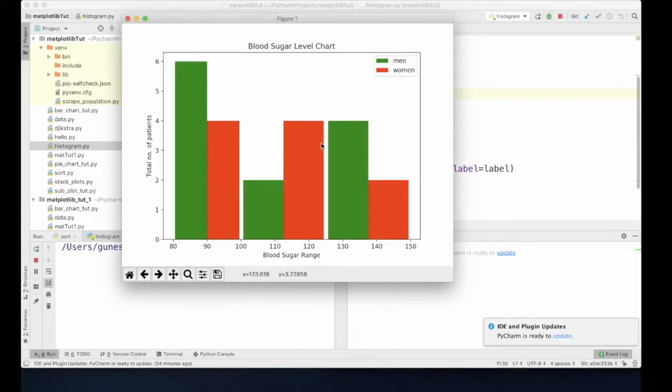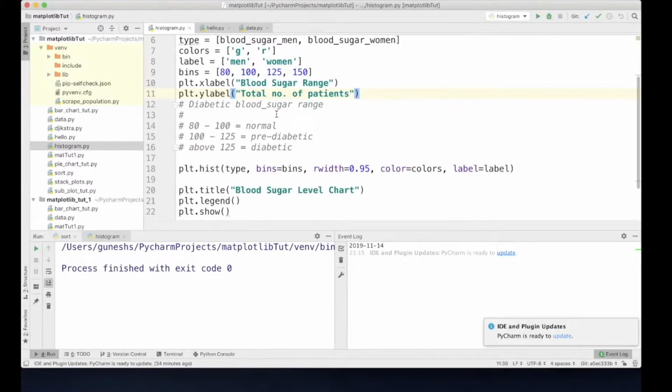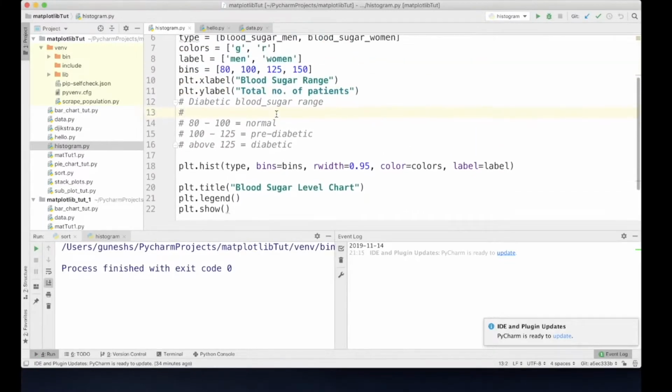So in the future I will show you how to utilize the pandas library to display the histogram in a